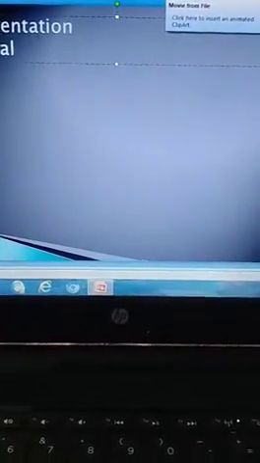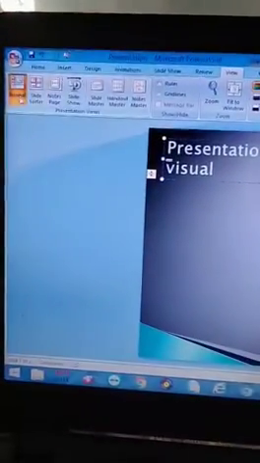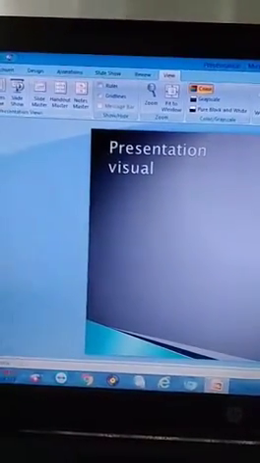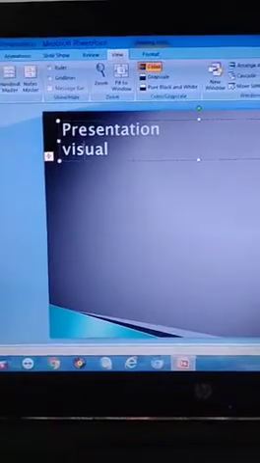Then next topic is view of presentation. How we can view the presentation? There are different views of presentation. We can have normal view to the presentation, slide sorter view, means like this we can view, notes pages like this we can have,